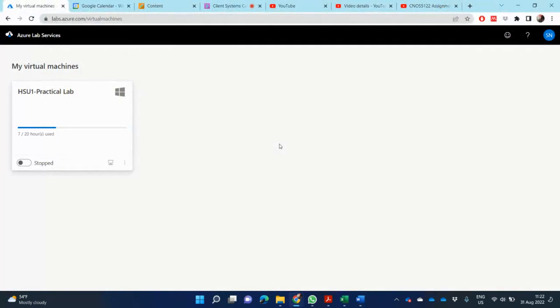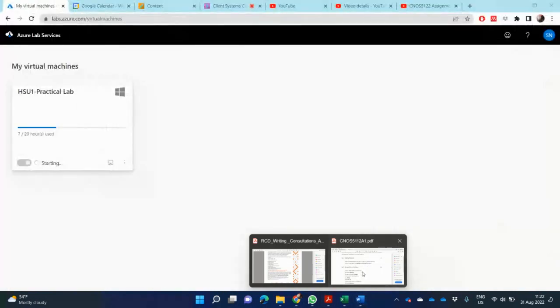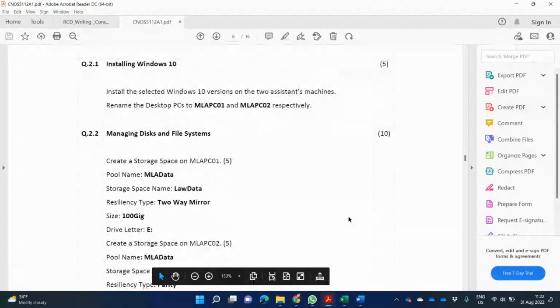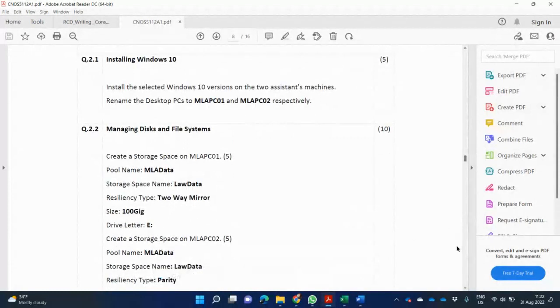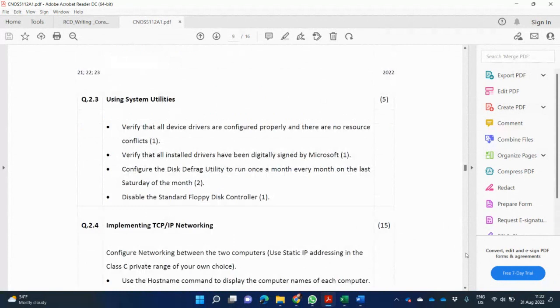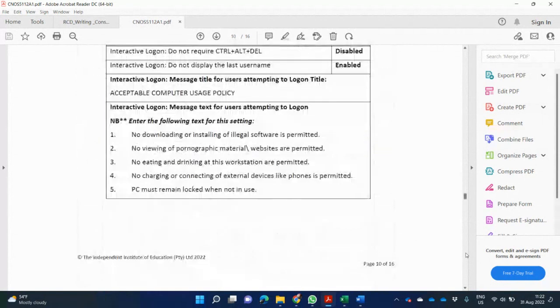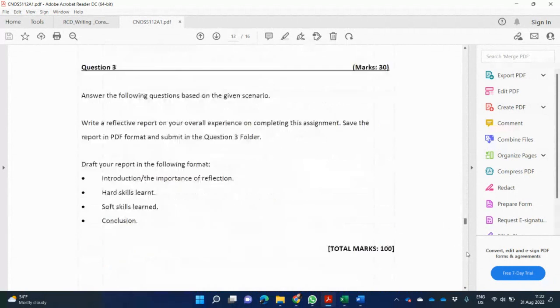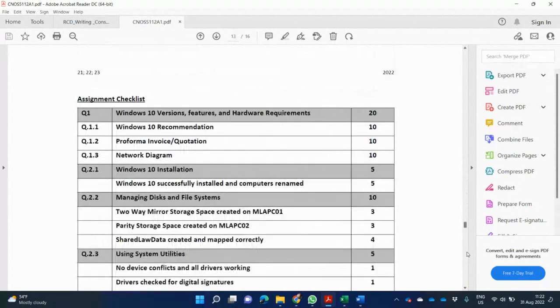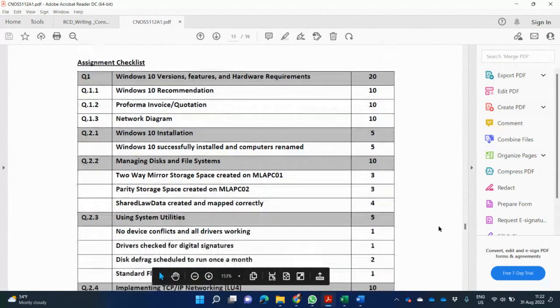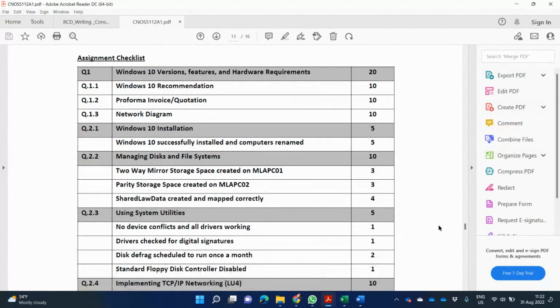So 2.1, this is stopped. I'm going to start this and then connect to it. Let's see what they've given me. 5 marks to show installing Windows 10. Is there a marking rubric that breaks it down? Let's just see. Okay, so there's a mark assignment checklist at the end. They just give us the 5 marks to say that you have successfully installed and